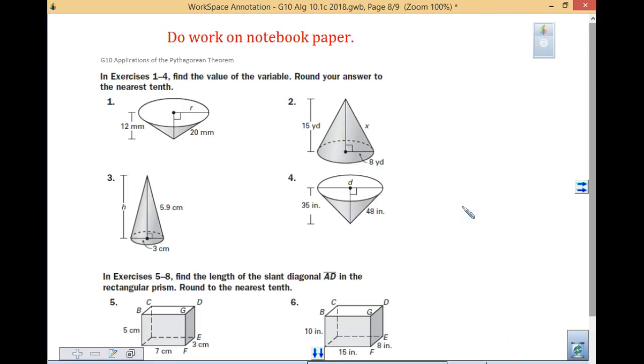Your homework, there are the problems on your page that you are going to be taking